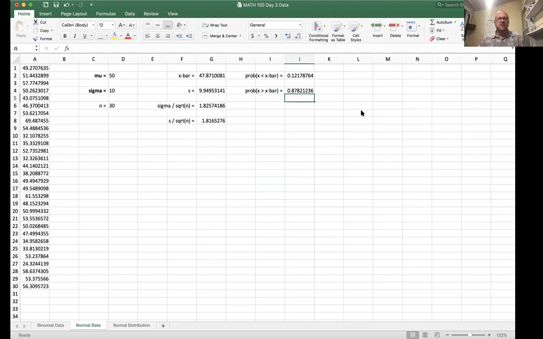So if you had a mu of 50 and a sigma of 10, the probability that you would get a distribution like this, or less, that you get a distribution that was like this, or that had an even lower average than this, would end up being about 12%. The probability you'd have a distribution that would have some average that was more than this is about 87%. Okay,